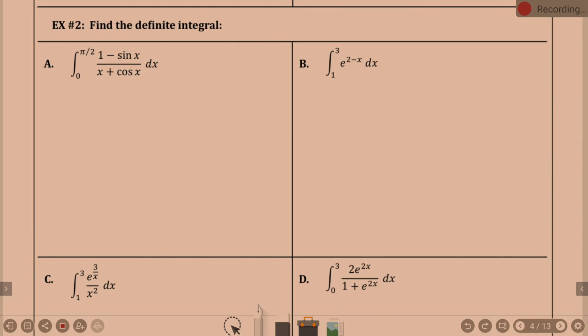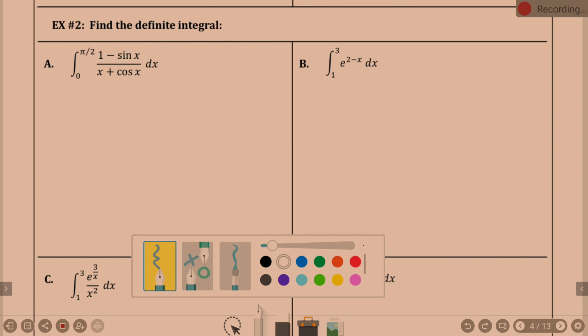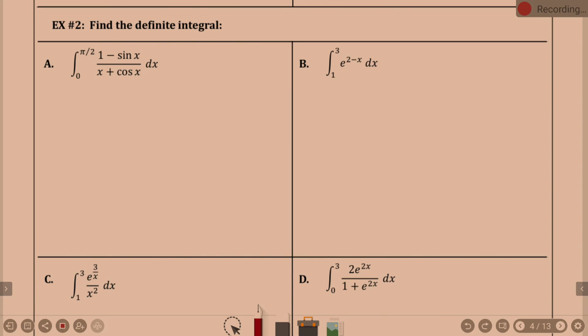Okay, this is one where we can substitute u for the denominator because in the numerator we see the derivative. Otherwise, it won't be easy to integrate. We need something that will be easy to integrate, and that would just become yuck. So